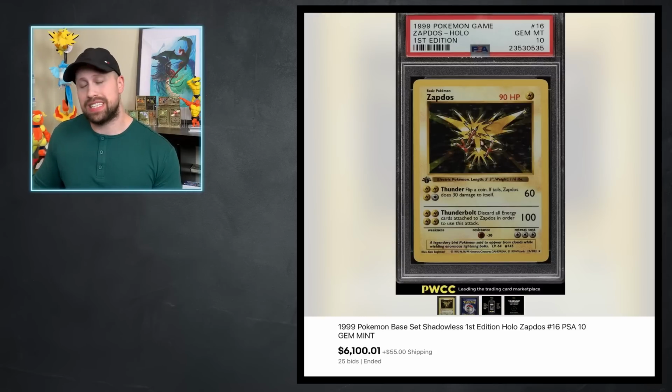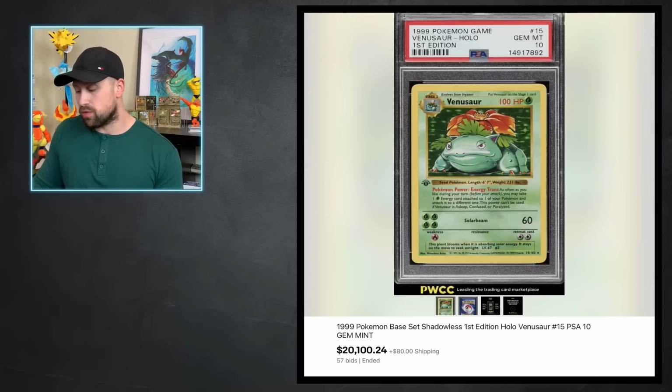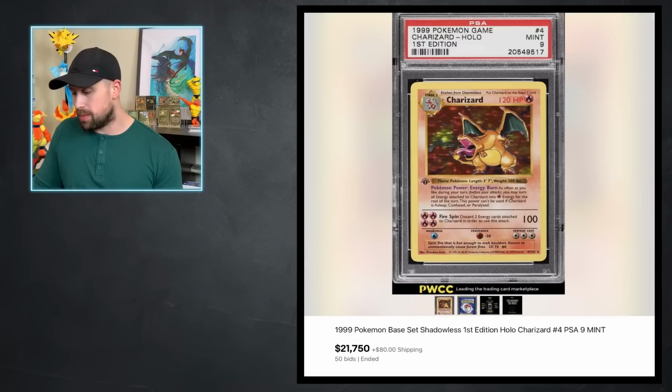A few base set cards to go over. First edition PSA 10 base set Zapdos sold for $6,100. The Venusaur sold for $20,100 as a PSA 10. And then we had a couple of the Charizards here. This is the first edition base set Charizard. This is the PSA 9 that sold for